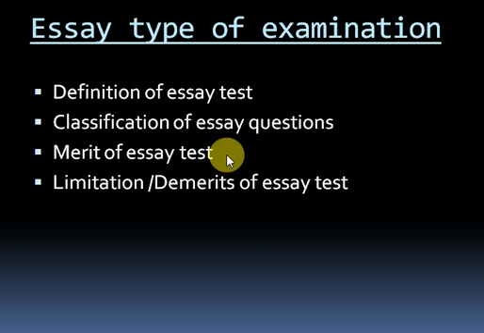Number 5. They can be successfully employed for evaluating the performance of the student in all the school subjects. Number 6. It is relatively easier to prepare an essay type than to prepare an objective type test. Number 7. It is relatively easier to administer an essay type test. Number 8. It takes relatively less time to mark an essay type test. Number 9. Guessing is eliminated to some extent. Number 10. The students cannot guess the answer because they have to supply it. Number 11. They give examinees freedom to respond within broad limits.